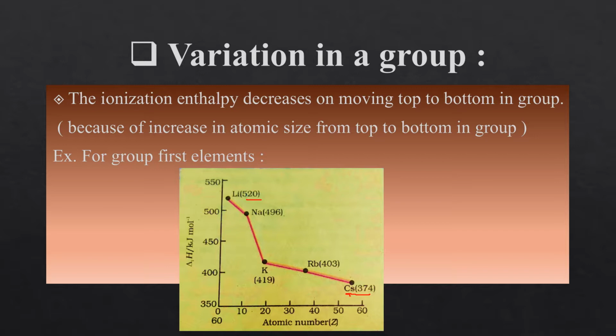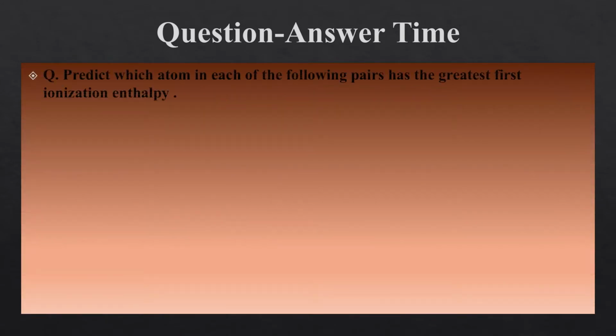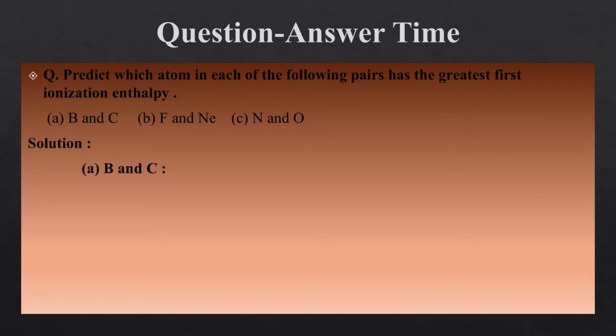Question and answer time. So the question is, predict which atom in each of the following pairs has the greatest first ionization enthalpy. The questions are boron and carbon, fluorine and neon, and nitrogen and oxygen. So the solution is, in between boron and carbon firstly, carbon will have the greater ionization enthalpy,